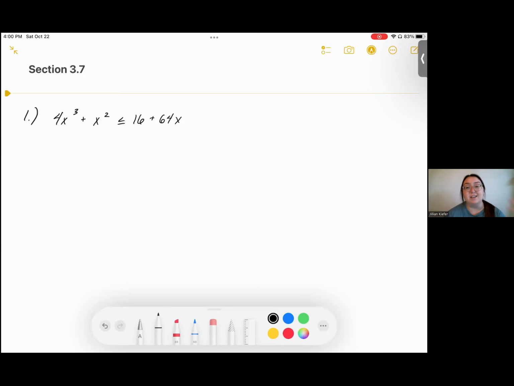Personally, I like bringing everything to the left side, but you can bring everything to the right side if you'd like. Just remember to read your inequality correctly. It's the only important thing. That's all right. So step one,